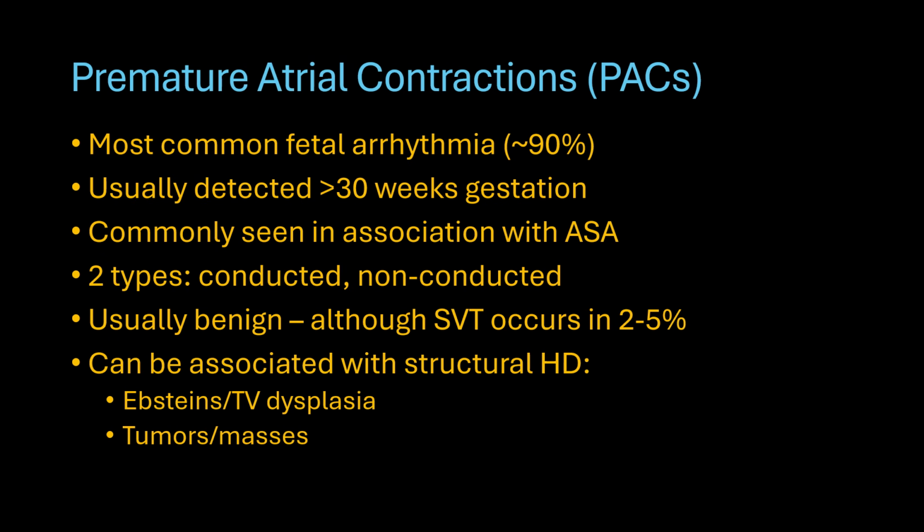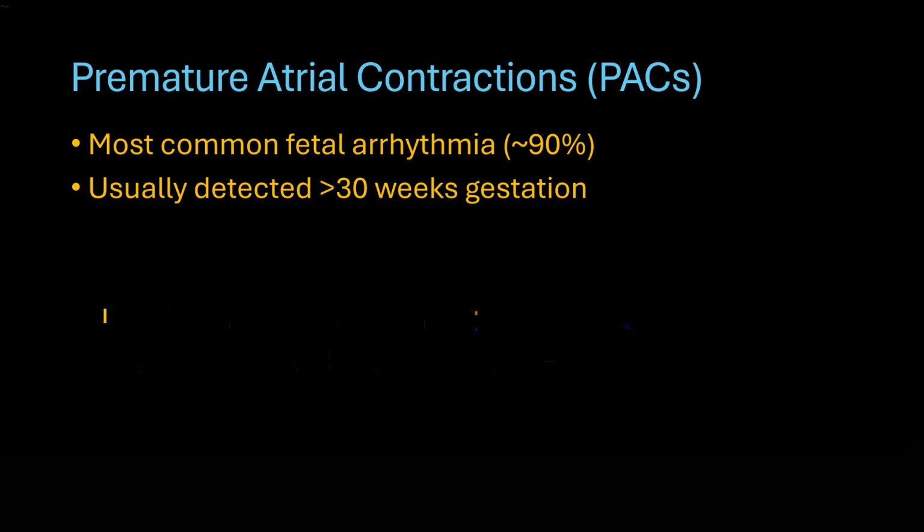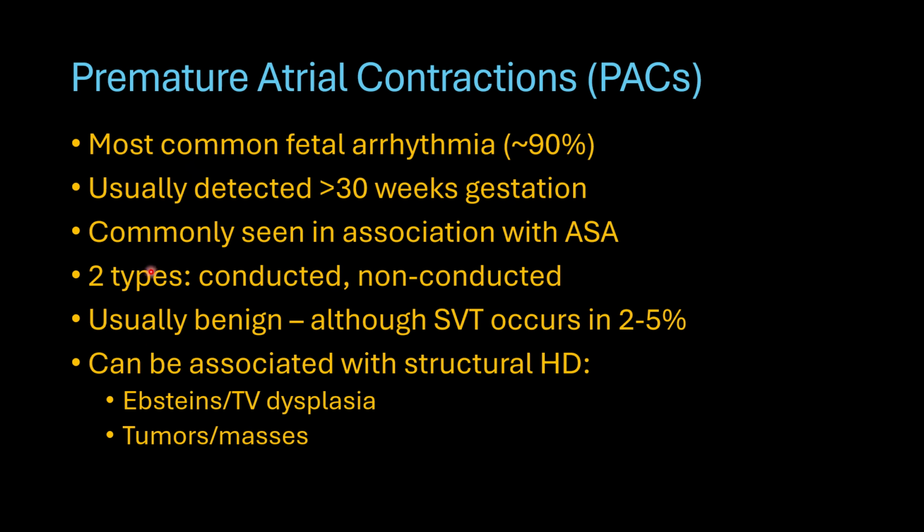Premature atrial contractions are the most common type of fetal arrhythmia, happening in about 90% of all fetal arrhythmia cases. These are usually detected beyond or later than 30 weeks in gestation, late in the third trimester, and we commonly see this in association with atrial septal aneurysm, with a hypermobile atrial septum. There are two different types, conducted and non-conducted, and we'll go over what that means a little bit later in